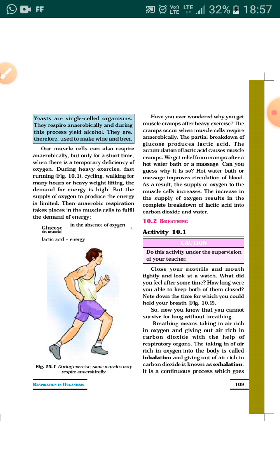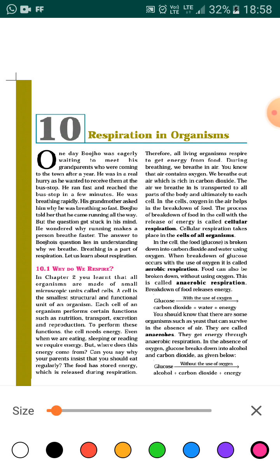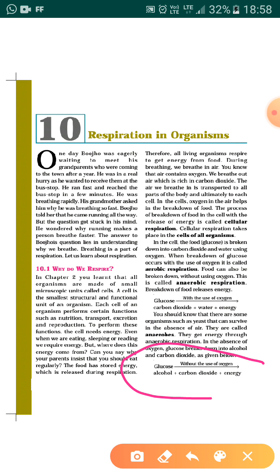Now the next one is about yeast. Yeast are single celled organisms. They respire anaerobically, and during this process they yield alcohol. They are therefore used in wines and beer. So wines and beer are produced because of the yeast. Yeast is a fungus, a single celled organism, and it respires anaerobically. Anaerobically means without oxygen, and when it respires anaerobically, it produces alcohol. You must have seen in this slide where I have shown you, this is the anaerobic respiration basically without the use of